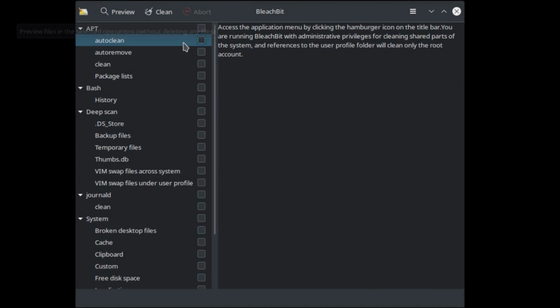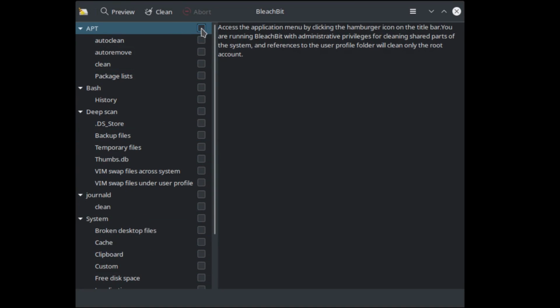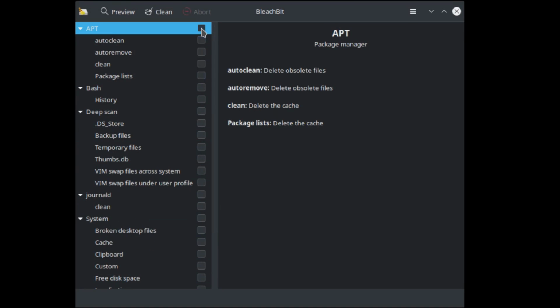As you come to the main UI, you have a lot of things you can check here, and you can check them at the folder level, so it'll check everything under that you see. You can uncheck it to get rid of that again. So this is in our apt area. If we want to clean up apt, we have bash if we need to clean that up. We have a deep scan, so it's going to look at .DS_Store, backup files, temporary files, thumbnails, the little database of thumbnail stuff,